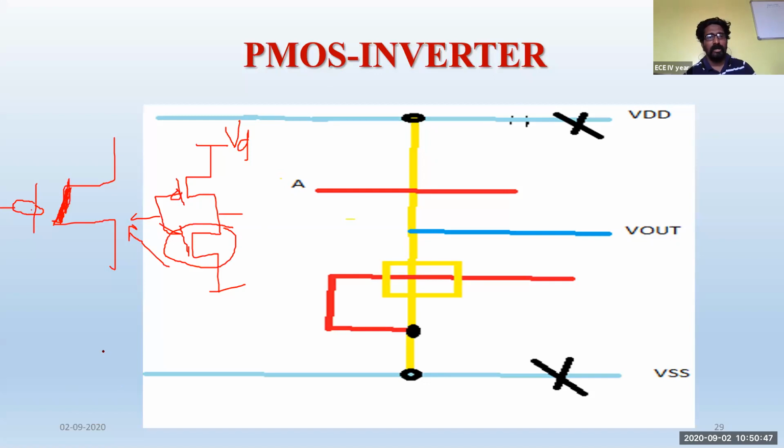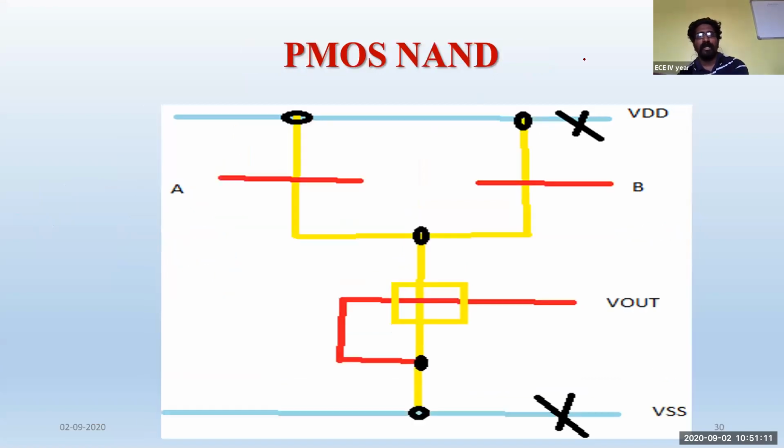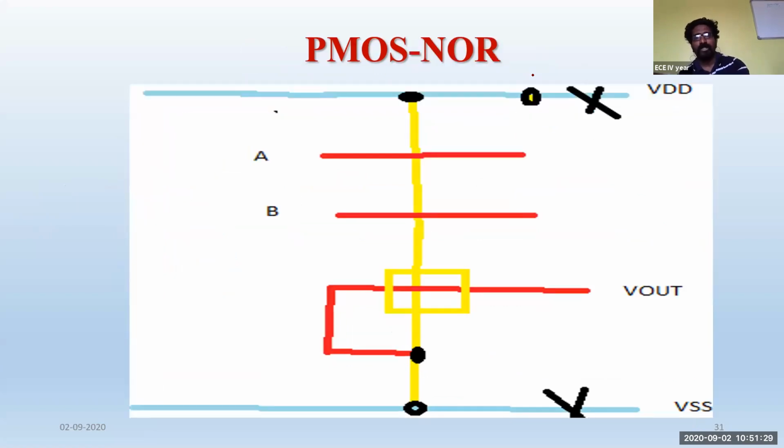If you're drawing the PMOS inverter logic for the NAND gate, for the CMOS NAND gate, we know that series NMOS will be there. Remove those two series NMOS and put one depleted PMOS. Then it becomes the stick diagram for the PMOS inverter. This is for the PMOS inverter, and this is for the PMOS NAND gate. You can see now in the NAND gate, both the PMOS will be parallel and NMOS will be series. But in place of NMOS, we have connected one depleted PMOS. So that becomes your PMOS diagram for the NAND gate. And this is a stick diagram for the PMOS NOR gate.